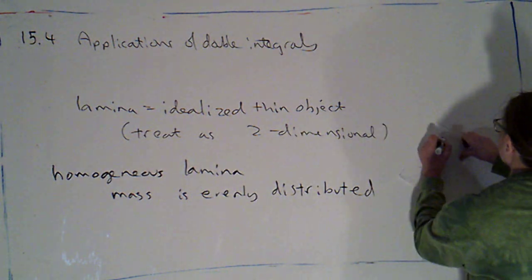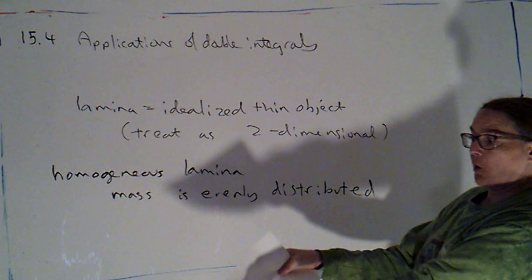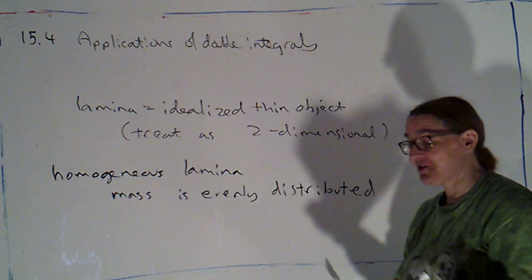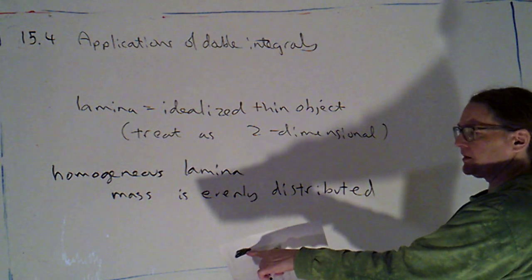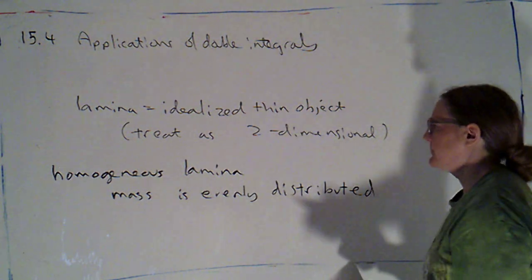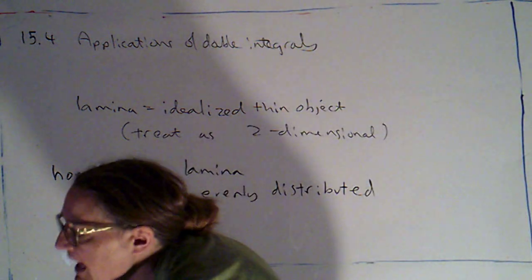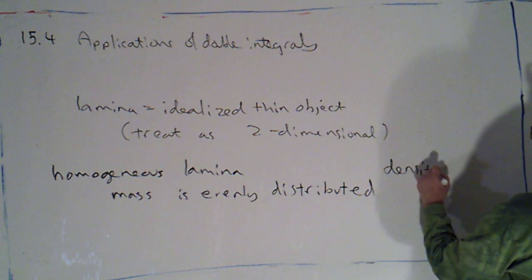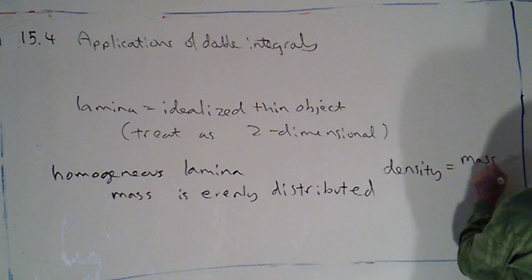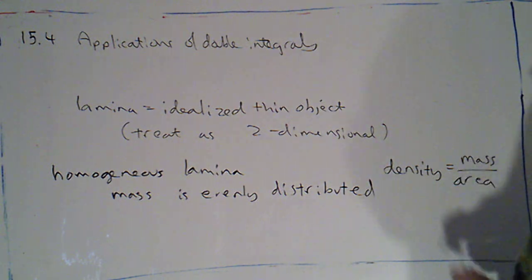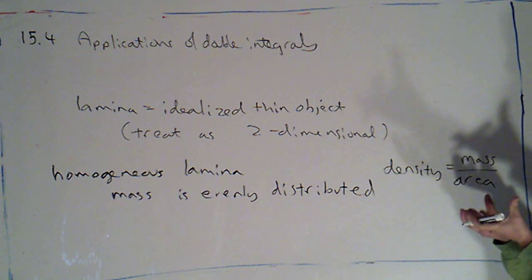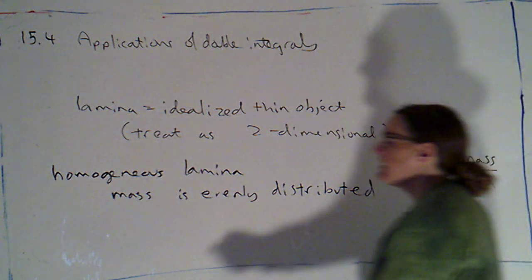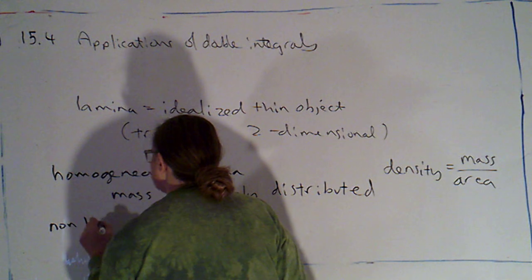You could imagine there's a whole lot more mass right there than there is here, okay? That would be an example of a non-homogeneous lamina if this were mass rather than just marker ink. Okay, when we have a homogeneous lamina, we can define the density to just be the mass divided by the area. Okay. So it tells us how much stuff there is per square inch or per square centimeter or something like that. If I have a non-homogeneous lamina,